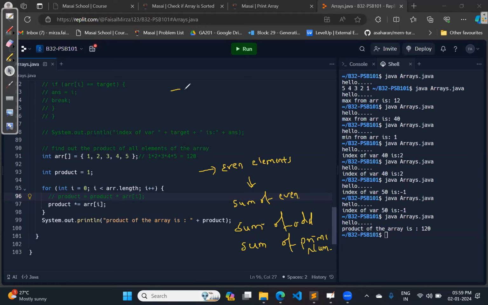Now, will you able to find out count of even numbers from the array? How many even numbers are there? Similar to that, count of odd numbers from the array? Will you able to find out average? The spelling is wrong, no worry, let me write it again. Will you able to find out average of